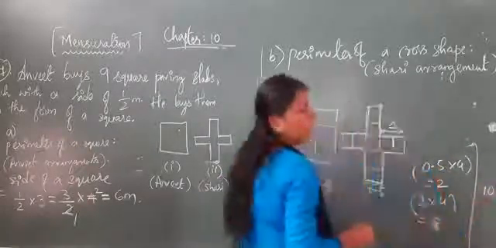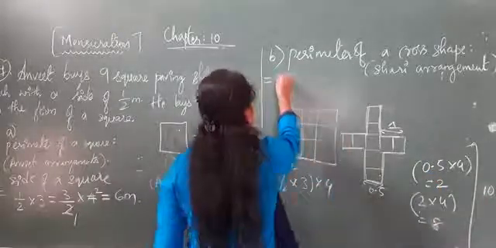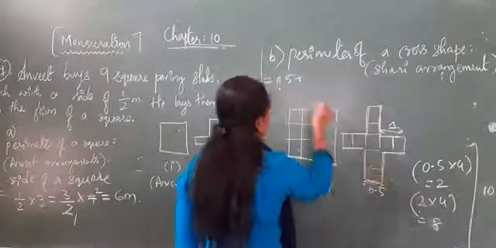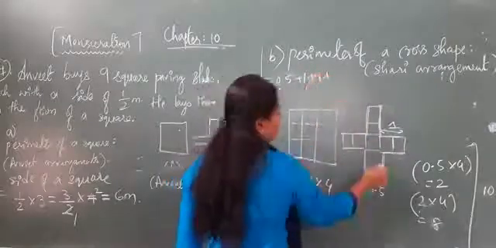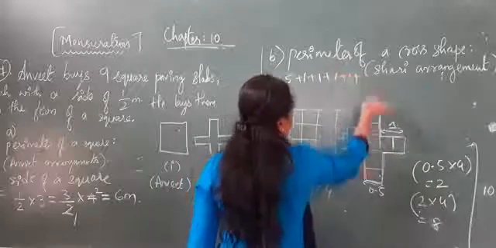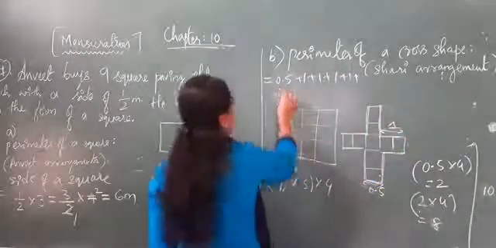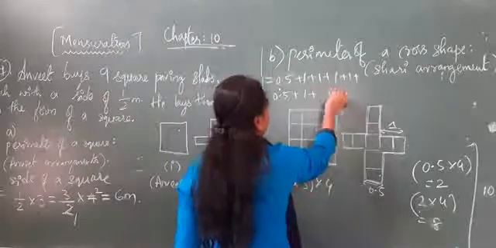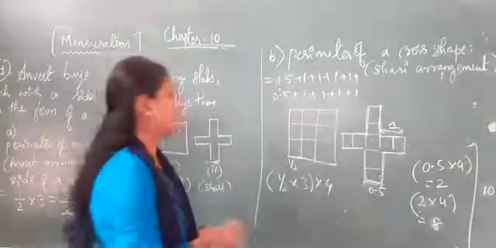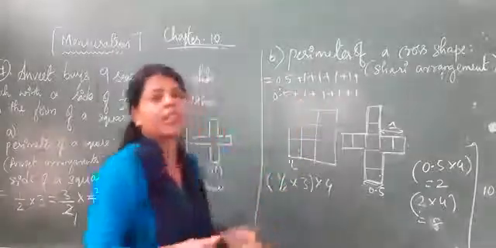So what you can get is 10. What you can write is 0.5, 1 plus 1, right? Again 0.5, again 1 plus 1, 1 plus 1, 1 plus 1, right? Like that you can write it here 4 times. Okay, so instead of writing it here, we will take it in the direct way.